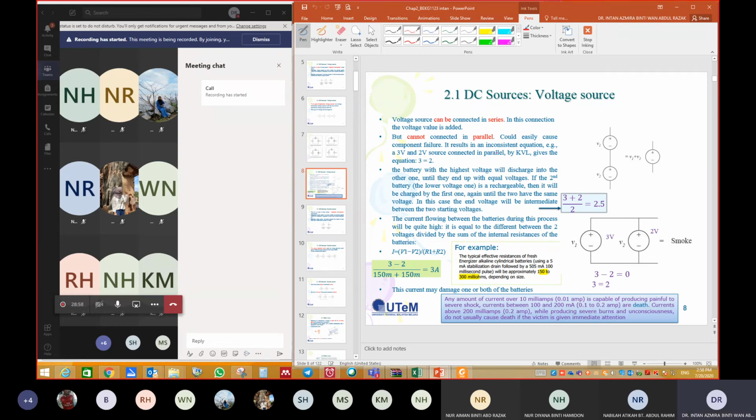Okay, so the total voltage for V1 and V2: negative here, positive here. So V total is equal to V1 plus V2. Make sure the sign of this V total is equal to the sign of V1 and V2, negative here, positive here. So we can just add V1 and V2. Okay. Let's say the VT is